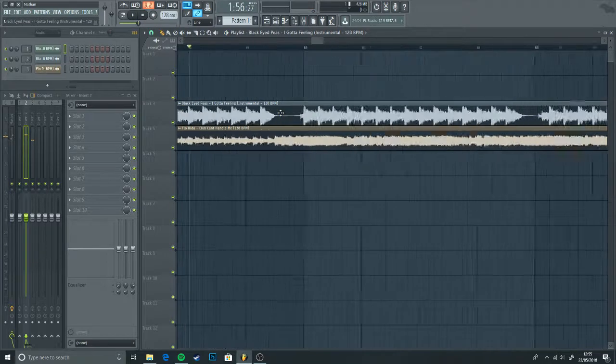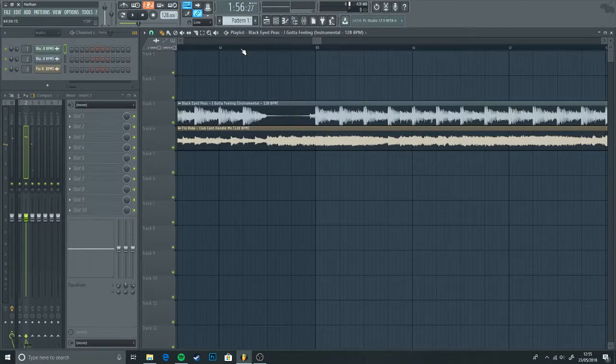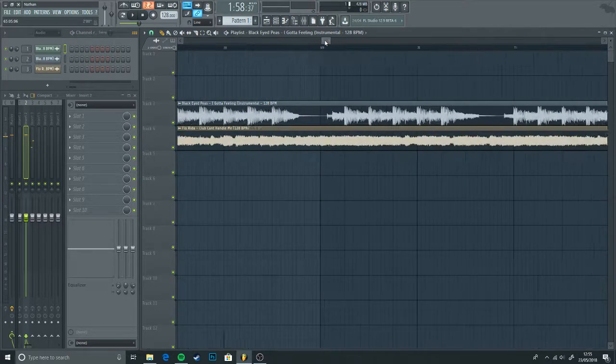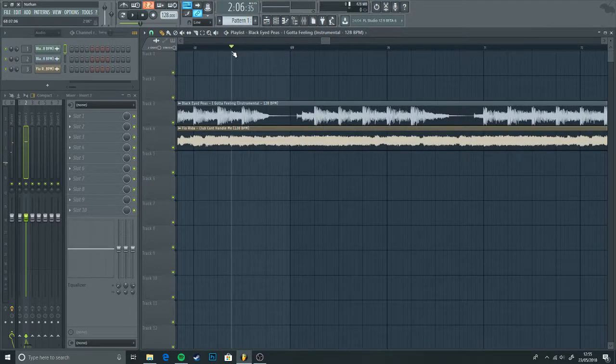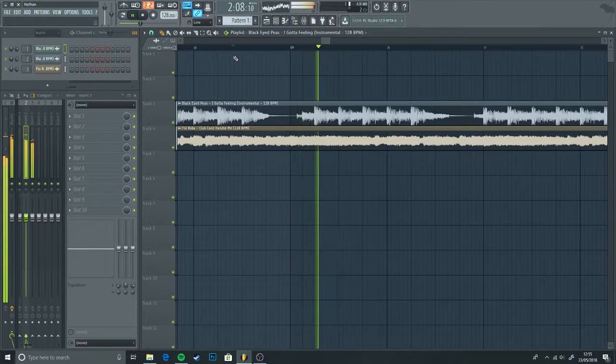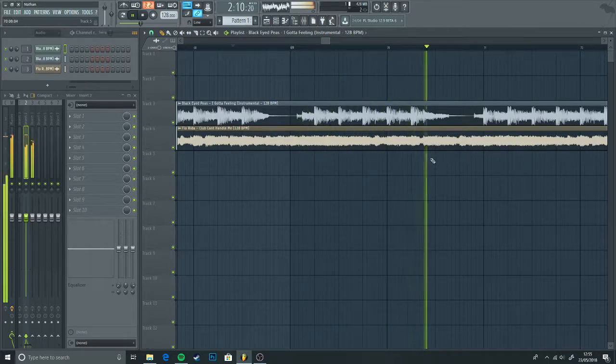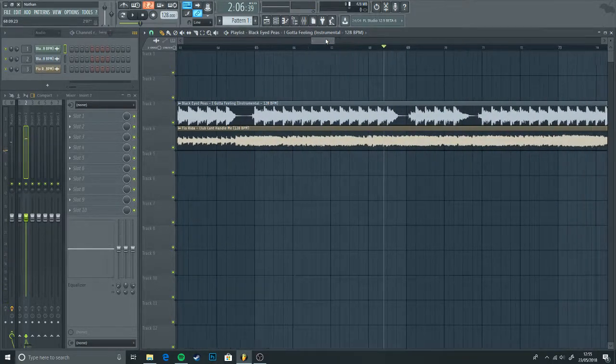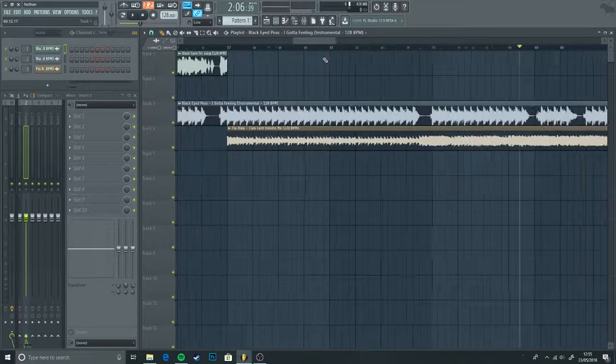Okay, so this gap here sounds good because the lyrics drop just before. Ready? That sounds good. These ones aren't necessarily as good. It kind of kills the vibe. It doesn't sound bad, but for this example I'm going to show you what you would do if you wanted